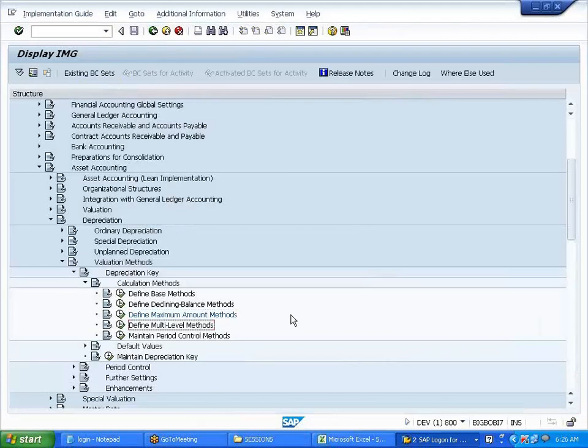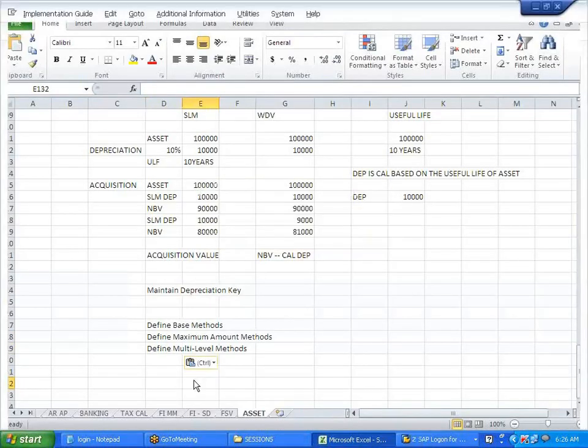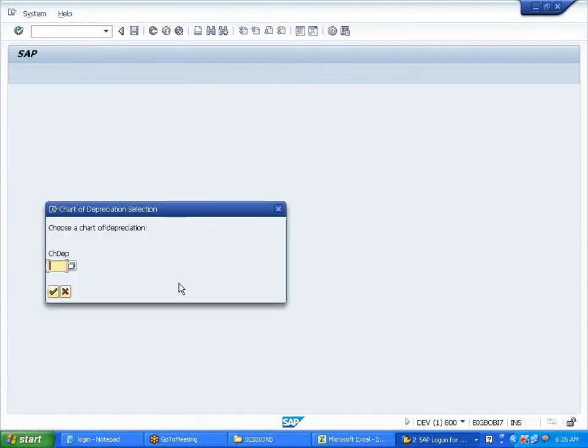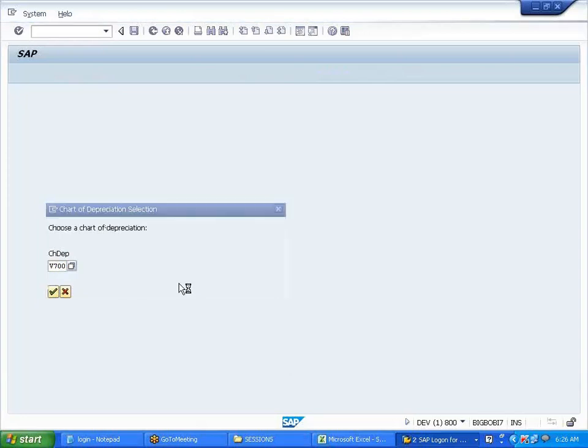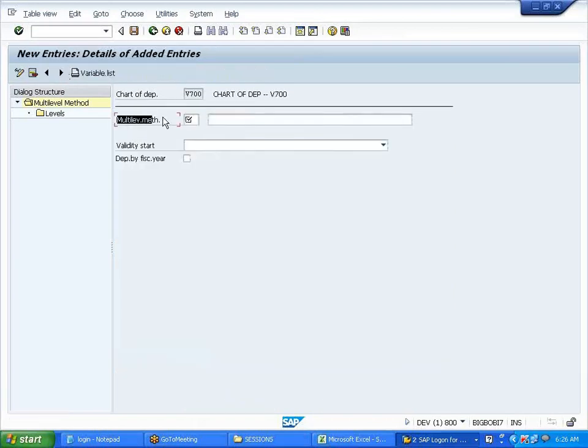Define multi-level method. You go here to the multi-level method, and it asks for the chart of depreciation, V700. New entries. In this multi-level method we define, for example, the straight line method. In the multi-level method only, you maintain the rate percentage.